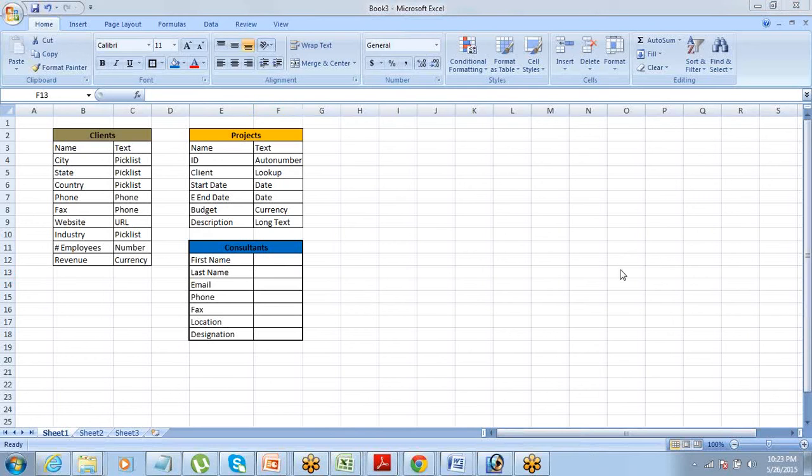There can be multiple consultants. This is the answer to which one? Should we have one single name field, or should we have first name and last name as two different fields? Definitely, or is the option, but why do you think we should have first name and last name? What is the advantage of that? It's a common question, you will come across this question every time you suggest this to the client. Why are you breaking it into first name, last name? Why don't you put one single name field?